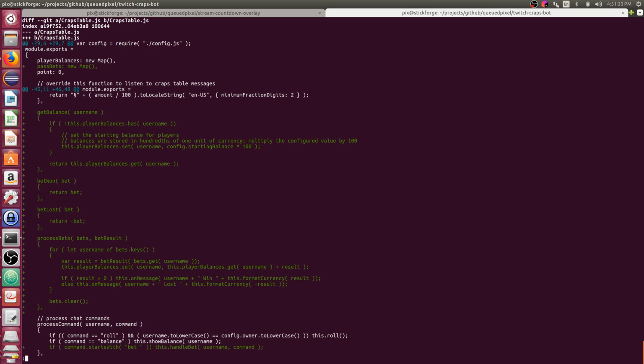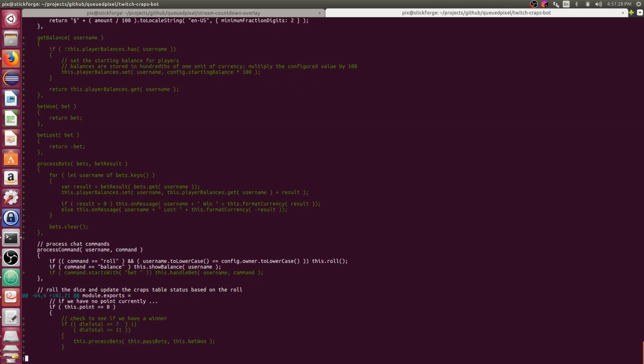Then we have our helper functions for bet won and bet lost. That basically returns a positive or negative version of that bet, depending on whether you won or lost. Process bets takes in a map of bets and a bet result operation. We use that function to compute the bet result.